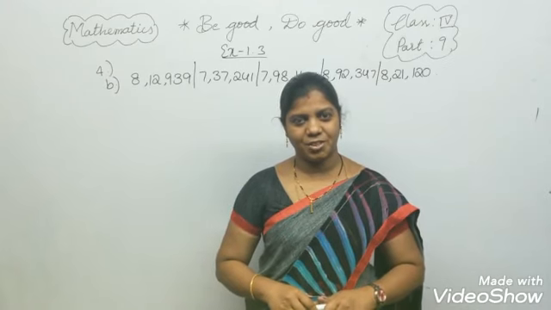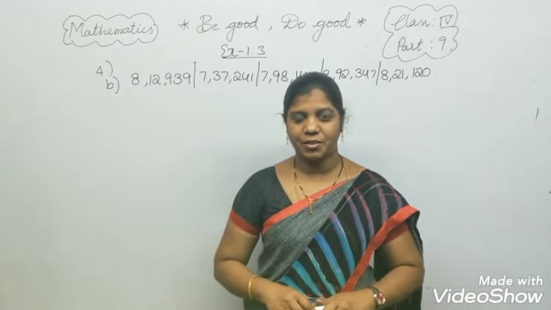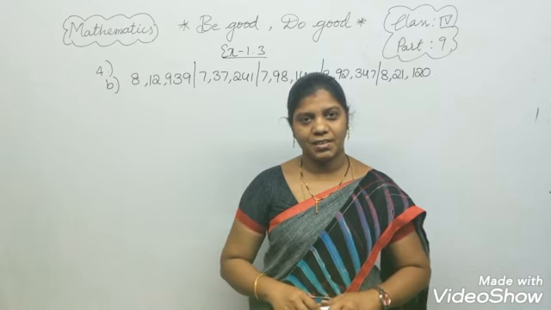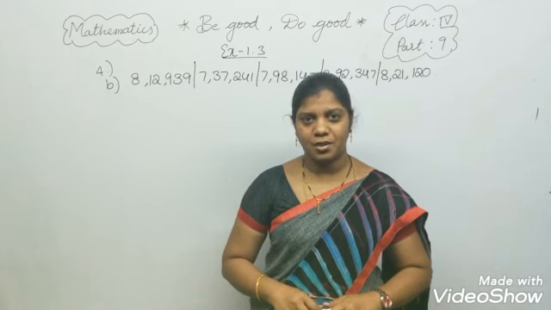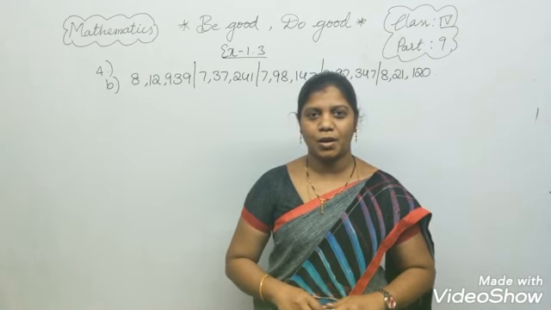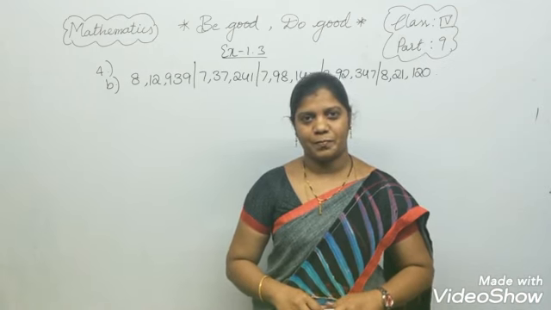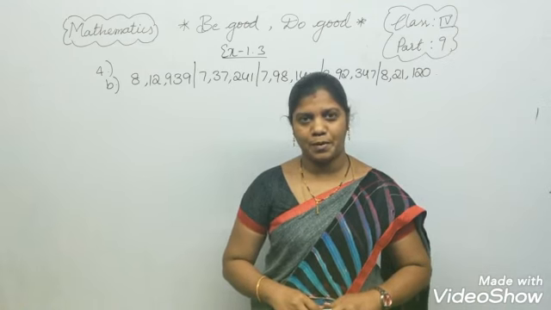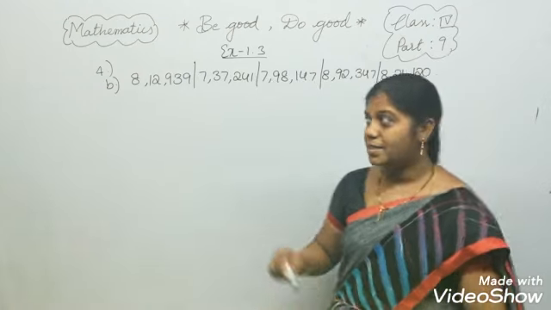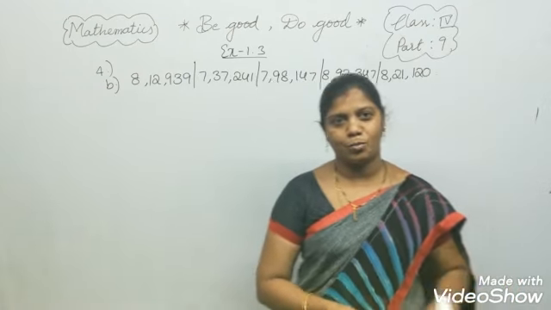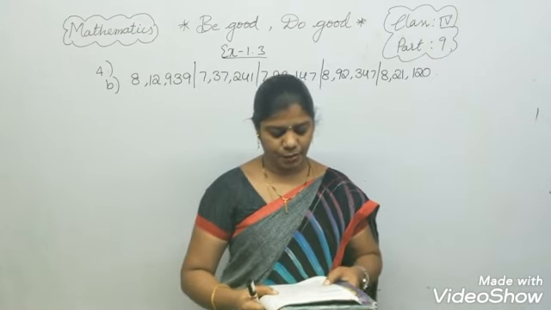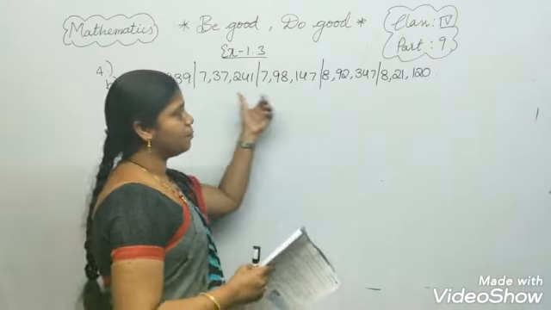Did you observe the video, children? From that video, what can we learn? We can understand that when we arrange a group of numbers from the smallest number to the biggest number, it is called ascending order. How can we arrange large numbers in ascending order? I will explain. See children, exercise 1.3, 4th Roman, I am going to explain now. Arrange the following numbers in ascending order. Here we have the numbers.